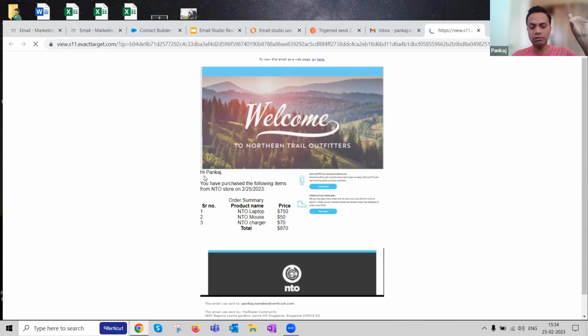Magento/Postman triggers, with the help of the API, the triggered send definition which we had already created. The third part was the content, which we had already chosen. As soon as the content is done, the email is triggered. In this case, you can see that the email has come across.